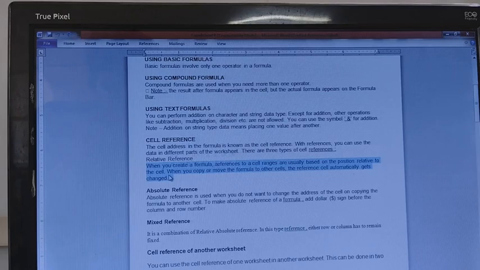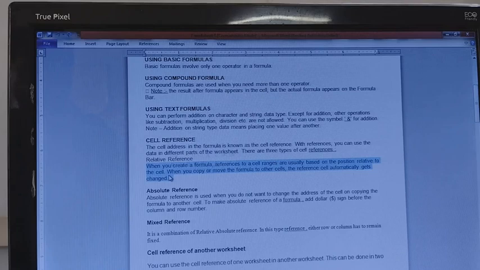Suppose we have the formula in H5 and we are getting the total of H1 to H4 in H5. If we copy H5 to G5, it will give us the total of G1, G2, G3, G4 in G5. So it will automatically change from H to G. We don't need to write the new formula again, we just have to copy it. I have given you this example in the previous video, where I gave you the practical of this cell reference.